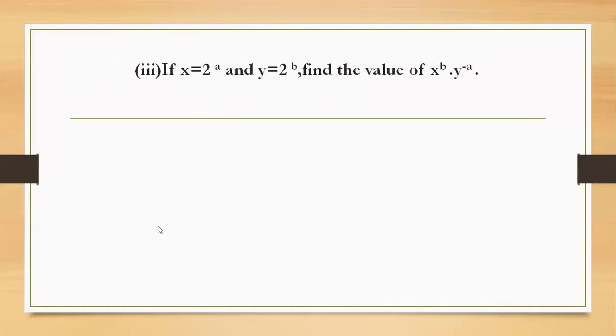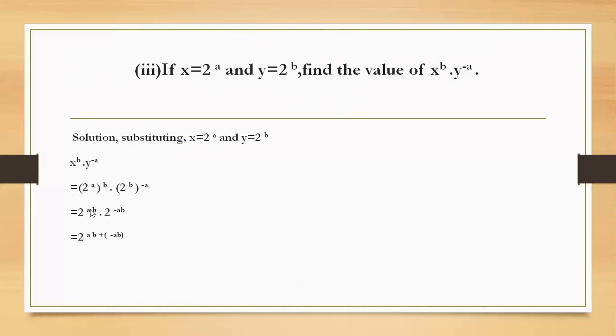Now here in question number 3, we have to substitute x value is 2 power a, y value is 2 power b. Then in this question, let's put the value: x value is 2 power a, and its power is already b there. Then put that in bracket, and y value is 2 power b, and its whole power will be minus a, and it will be 2 to the power ab. a into b is ab, into 2, b into minus a means minus ab. 2 to the power ab and 2 to the power minus ab.